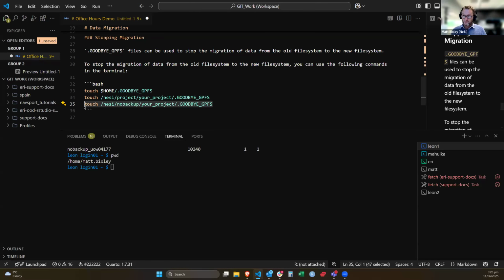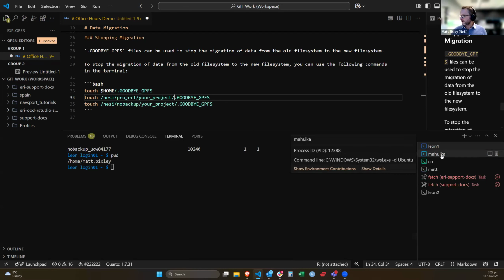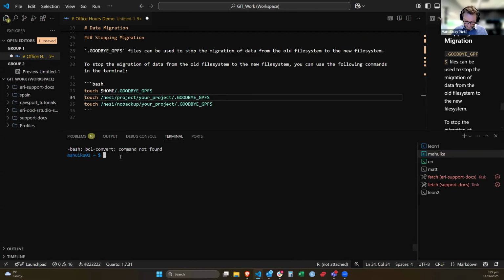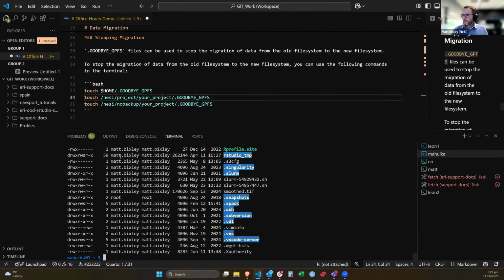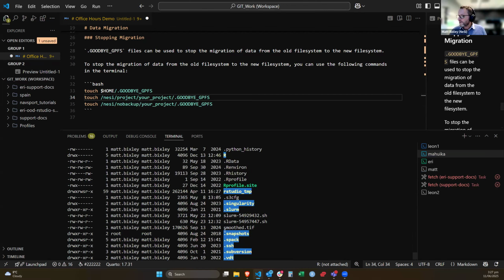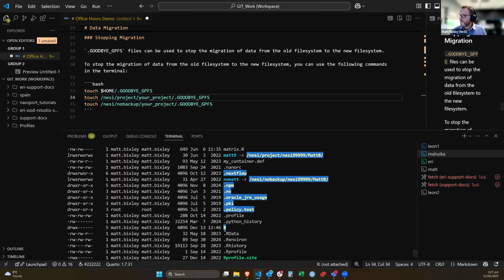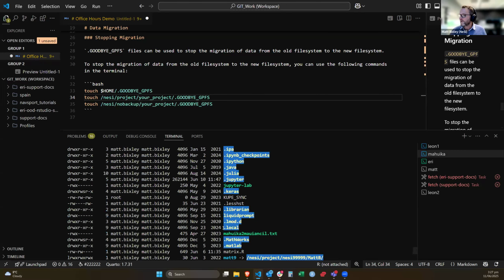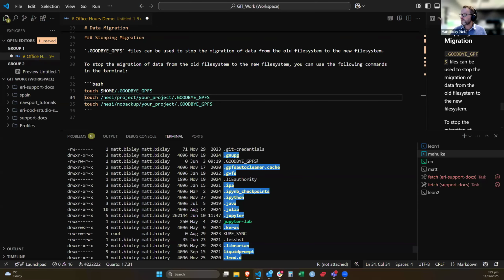There are other ways to do it, but this is the simplest way, to run this command, and that will stop the sync happening. It'll stop overwriting what's on the new platform. Now, if I go into, I'll look at my home. Have I put it in my own? We might be a little bit different. There we go. So I have placed it in my